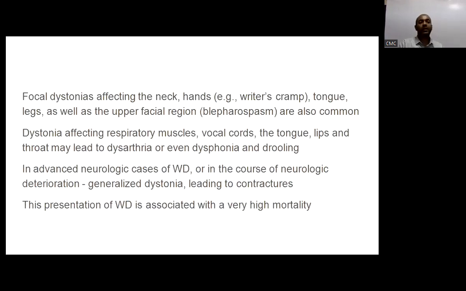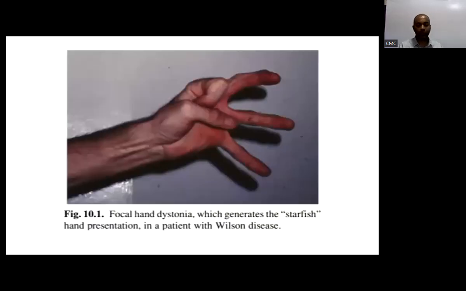It can be focal dystonias affecting the neck, hands, tongue, legs, and can affect respiratory muscles. In advanced cases, dystonia usually becomes generalized, and this generalized dystonia is associated with high mortality. The focal dystonia seen in Wilson's